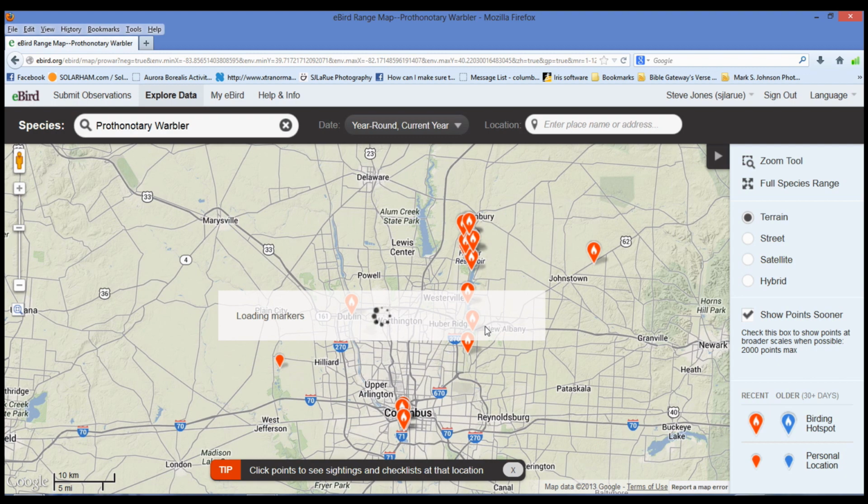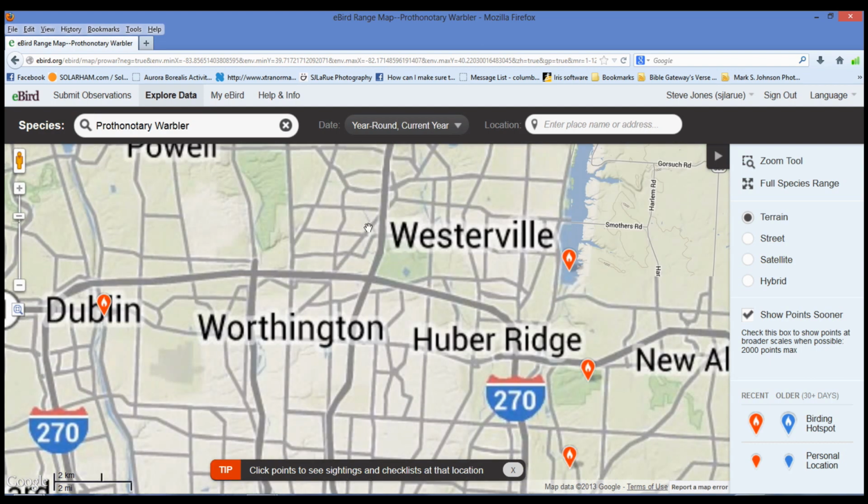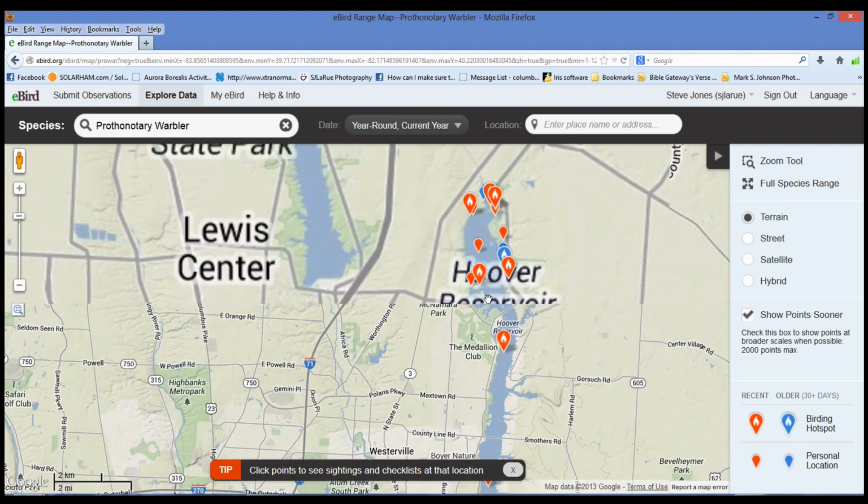Okay, just from this data in this area right here, you'll see that there are a lot of really good hot spots. What that is, is that another eBirder has said this is a really good place to look for birds. Okay, and they've declared it a hot spot. But you also see here where an individual has birded this location over here and says this is going to be a good place, or this is where he birded, and this is what he found. Okay, but we can zoom into this area a little bit more,